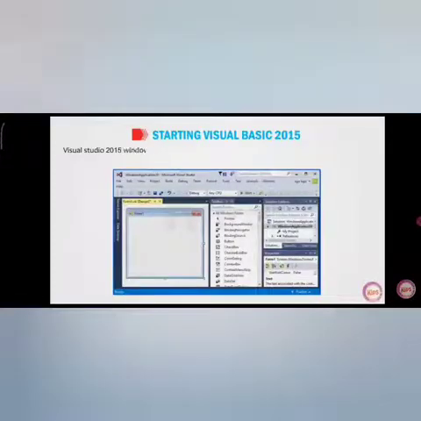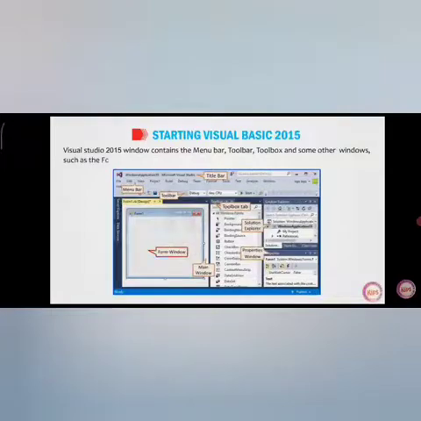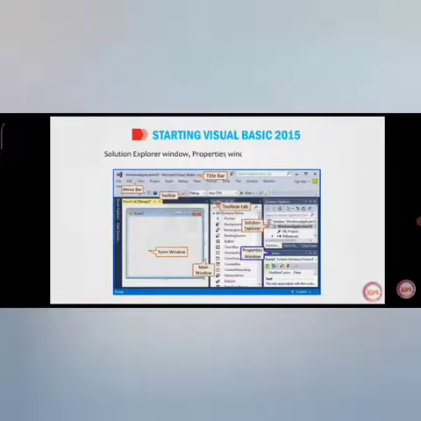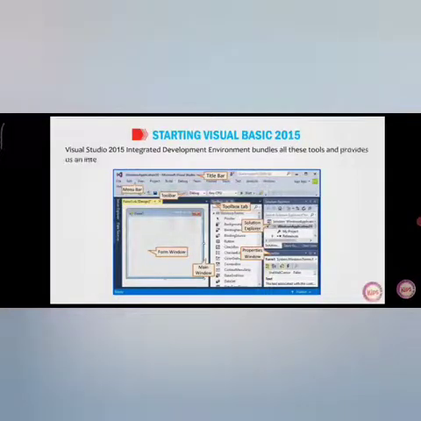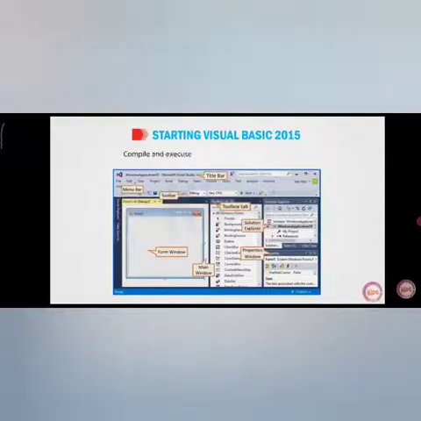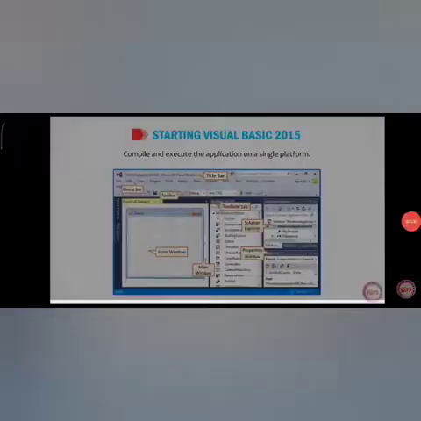So Visual Studio 2015 window contains the menu bar, toolbar, toolbox and some other windows such as the form window, solution explorer window, properties window and error list, etc. Visual Studio 2015 integrated development environment bundles all these tools and provides an interface where we can design, compile and execute the application on a single platform.